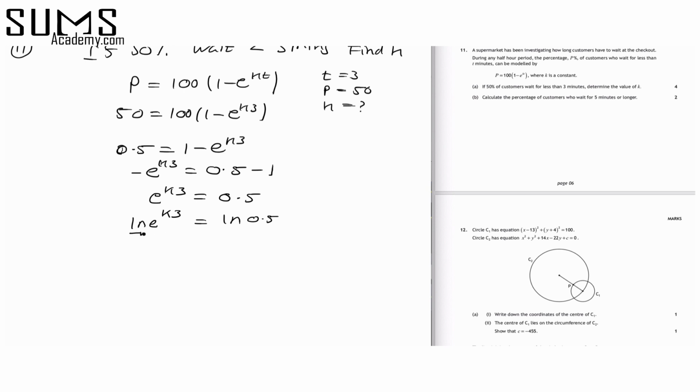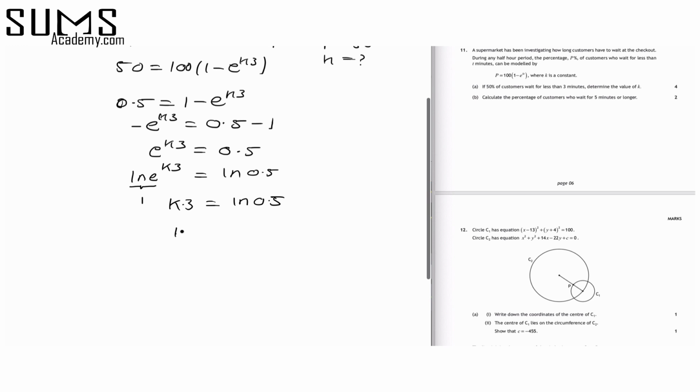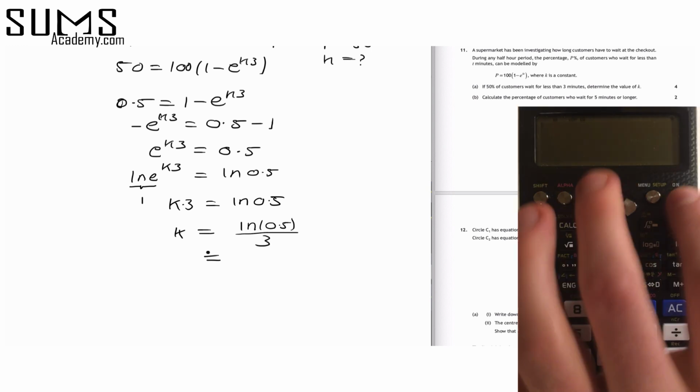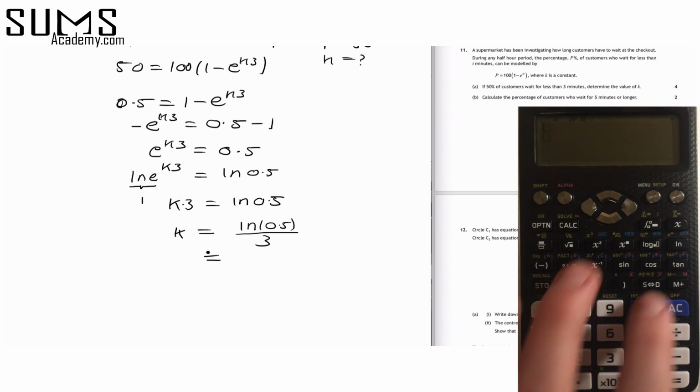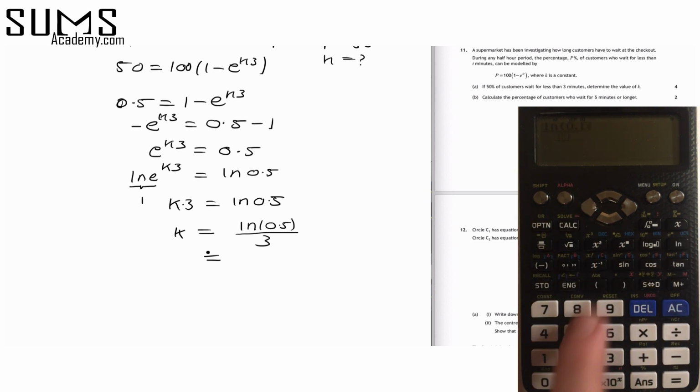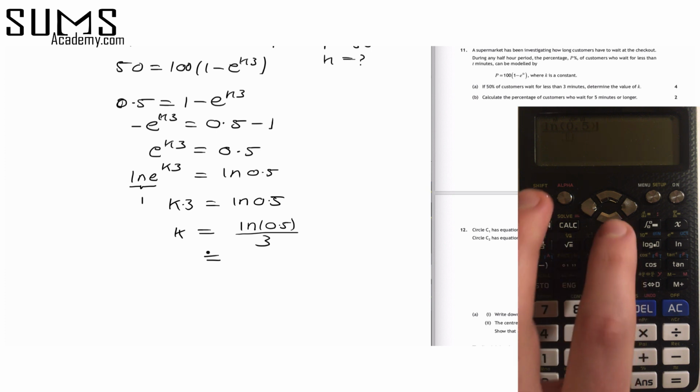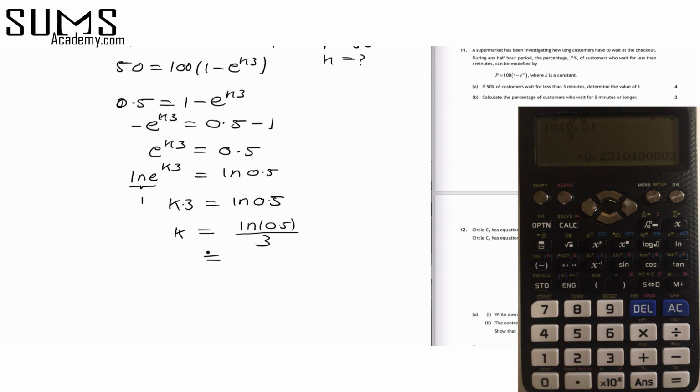So this cancels out and just becomes 1. So your k times 3 is equal to ln 0.5. So we can then say that k is equal to ln 0.5 all over 3. Let me type that into our calculator: ln 0.5, close brackets, over 3, equals